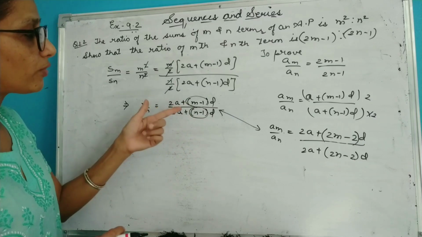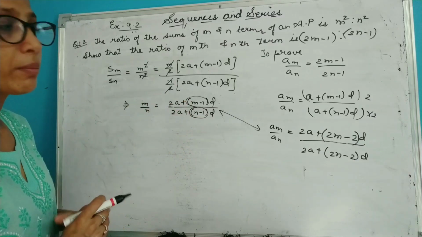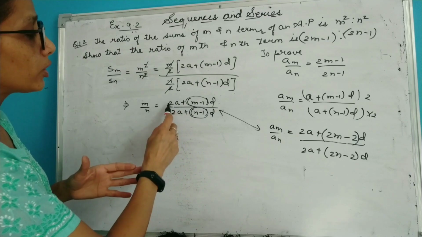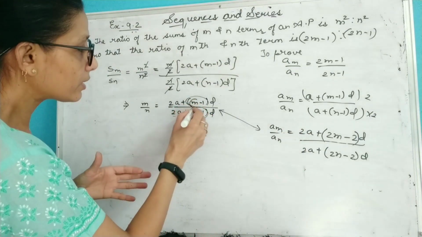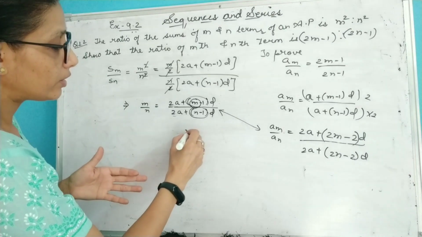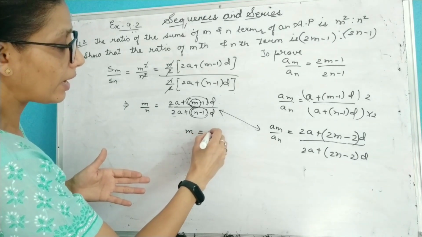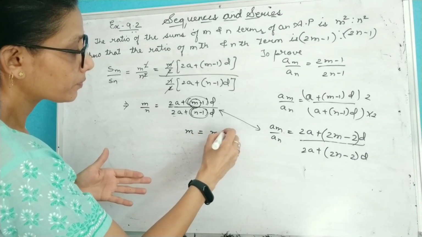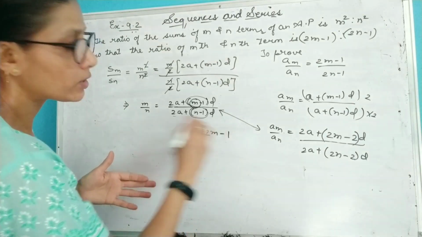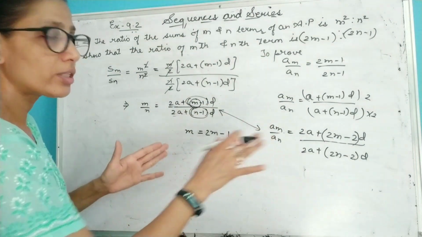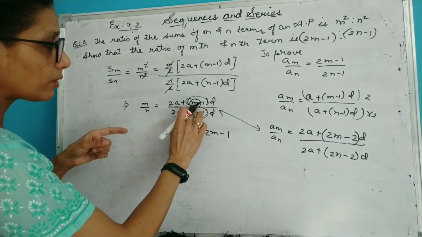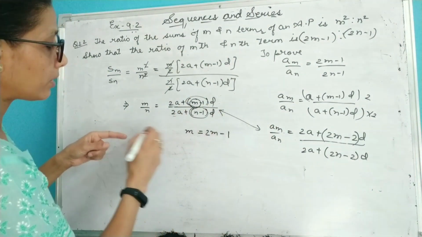We have to find out values for m and n. Let's see how we can do it. So 2a is the same for it. Now if I replace this m with 2m minus 1, then I will be able to get this. This is just a replacement. So if I replace this m with 2m minus 1,